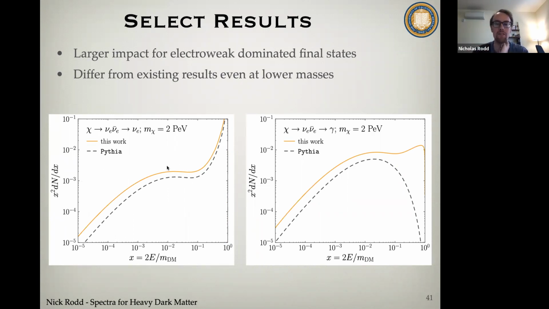I mean, this is a log plot. There are quite large differences, up to some factors, where the missing triple gauge couplings mean that Pythia just can't predict hard photons in this process, whereas if you include the full electroweak interactions, we can. That's what's describing the difference on the right-hand plot here.